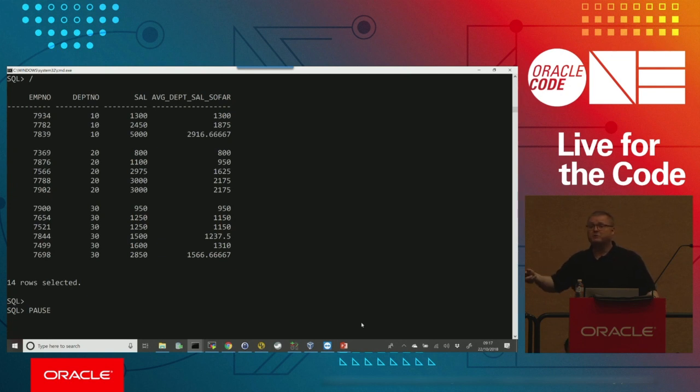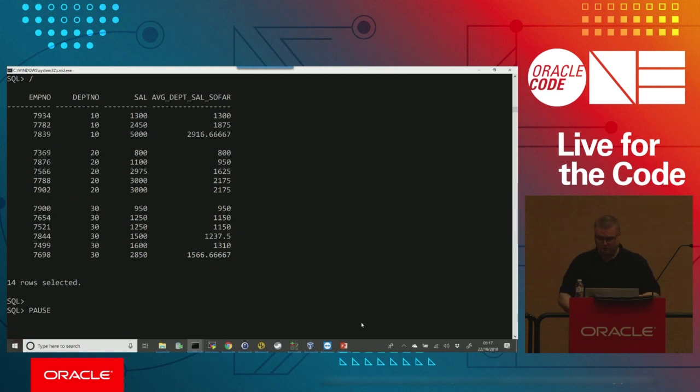It's because it's range between, so it's actually, these two have the same value, so what we get is average of this, average of these 3 straight away, because it drops to the bottom of the reporting value, and then this is the same average again, average of all 3. If this were rows between unbounded preceding to unbounded following or current row, we would see that as a regular running average. So that's one silly mistake, and you get a very different result because you didn't know about the